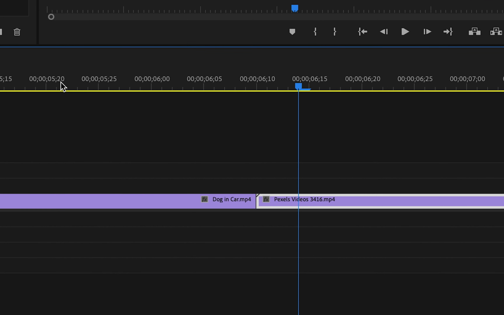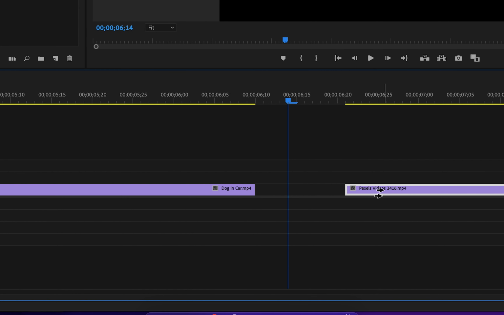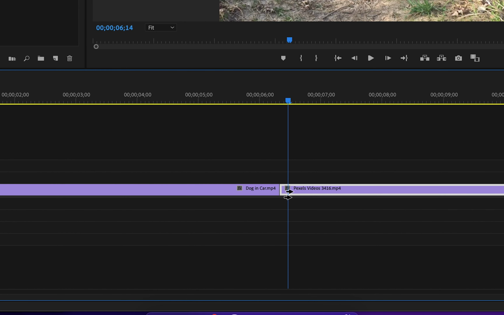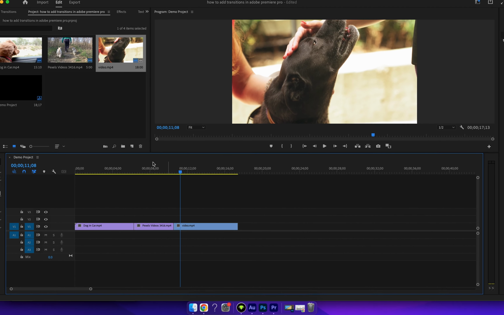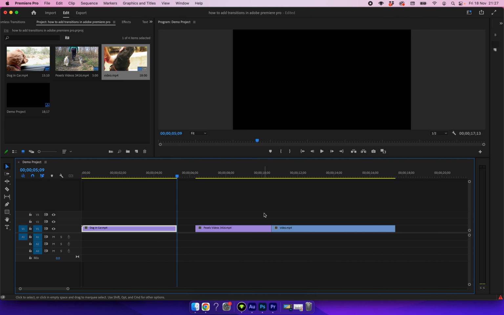If I zoom into my timeline here, we can see that this clip here has a little triangle in the top left of the clip. If any of your clips have this triangle, you're going to need to pull back a few frames of your clip to enable the transition to work. So I'm just going to go ahead and do this to each of my clips to enable that room for the transition to work. There we go. It's going to take a little bit off of this one as well.